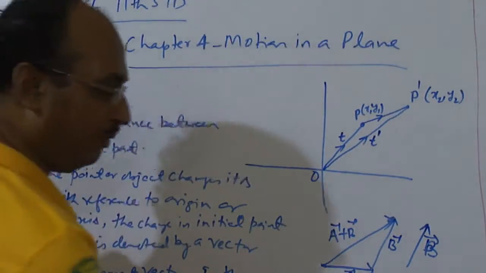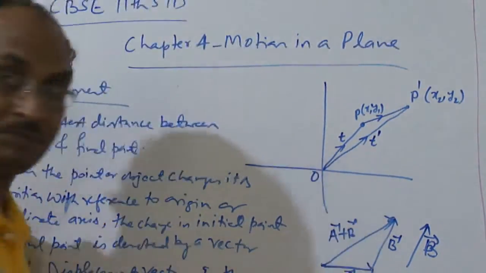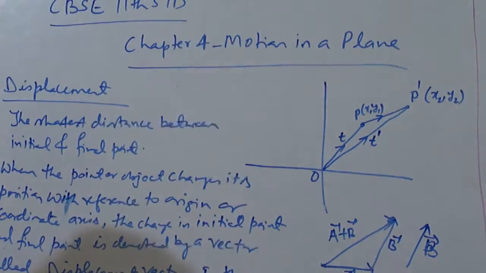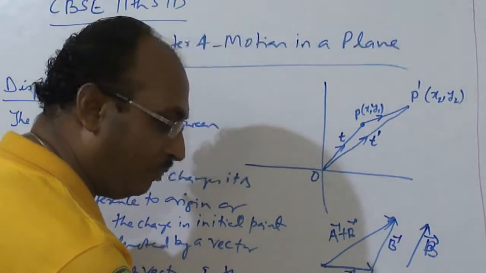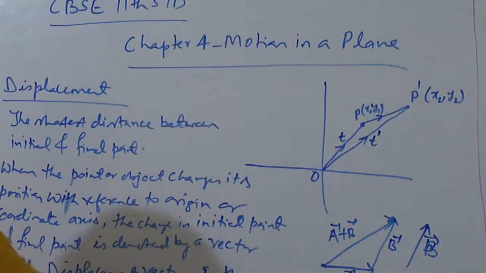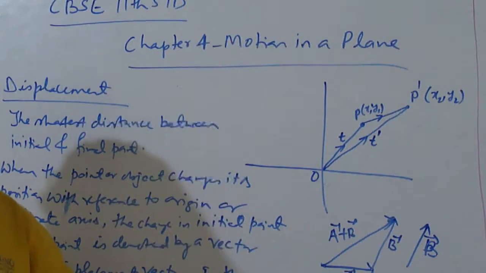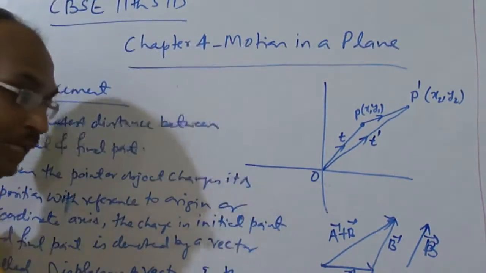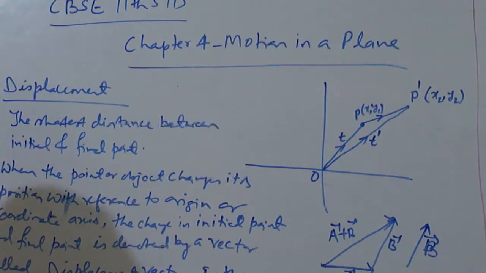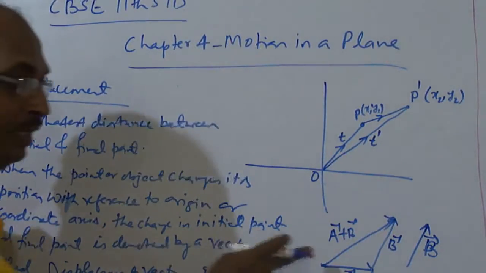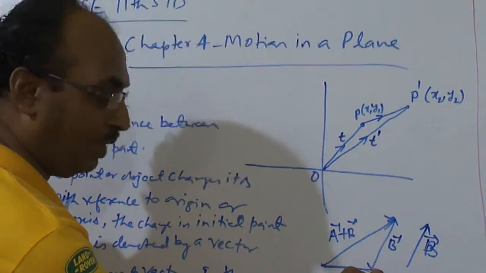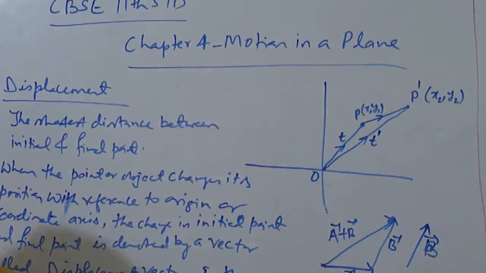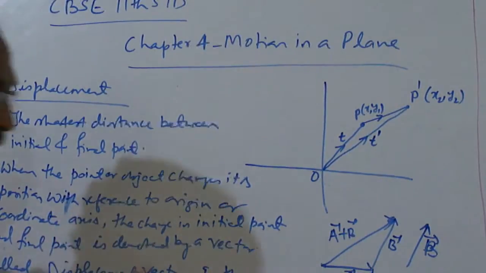Now suppose you have a vector A in this direction. When you make that vector in reverse direction, it becomes negative. There will not be any change in magnitude, only the direction changes. So due to the direction change, it becomes minus. So it will be a negative vector. That's why I am telling you there is no subtraction of vector. Subtraction of vector is not written anywhere. Only addition of vector. Now suppose this B vector, I reverse its direction in this way. Then it becomes minus B vector. Yes or no? Then again we can add the vector how? We will be joining the